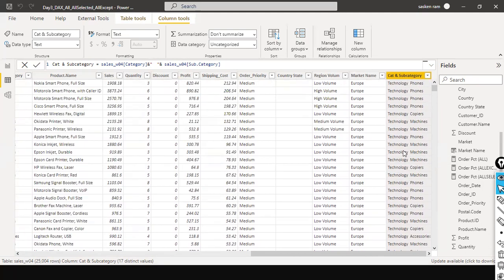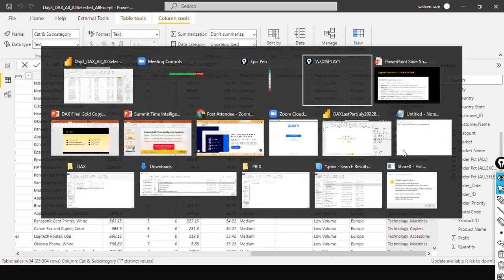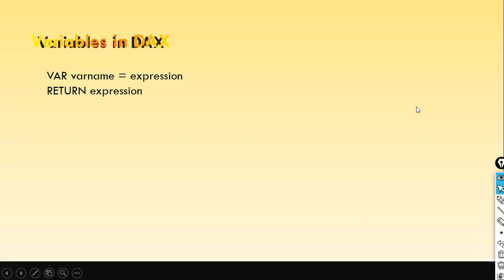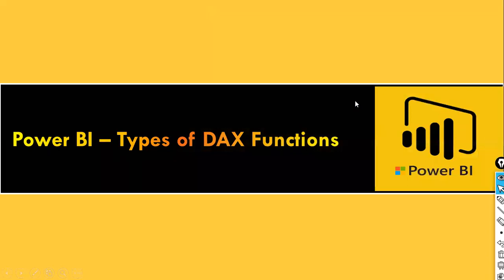And what are the other things now? I just go to the PowerPoint. Now I understood how to use this logical function, SWITCH. A SWITCH is very handy, especially if you want to implement nested IF condition logic. In that kind of situation, it is very helpful. And then variables, we will see it a little later. We'll discuss the variables a little later, because I have some other examples and I need to relate this one with that kind of situation. I'll explain to you. The next one is